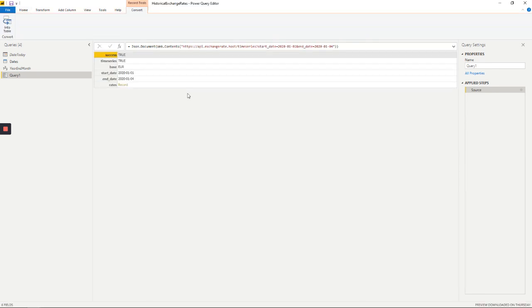It retrieves a JSON record. I've got a base currency of euro, a start date of the 1st of January, and an end date of the 4th of January. It's getting there, but it's not quite what I want. What I want is a base currency of GBP, and I want to retrieve US dollars and euro for 2019 and for 2020. So if you go back to the documentation,